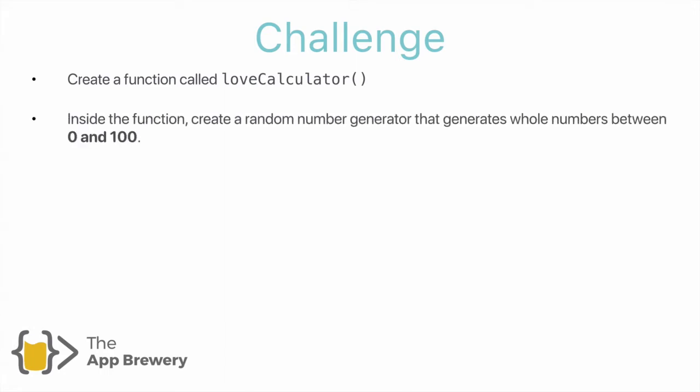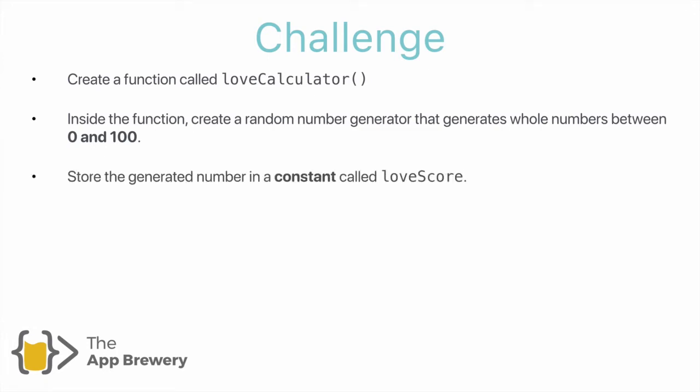So here's a challenge for you. I want you to either open up your previous Swift playground and delete everything inside, or simply just create a new playground. In that playground, I want you to create a function called LoveCalculator. Inside the function, generate a random number between 0 and 100, and then store that number inside a constant called